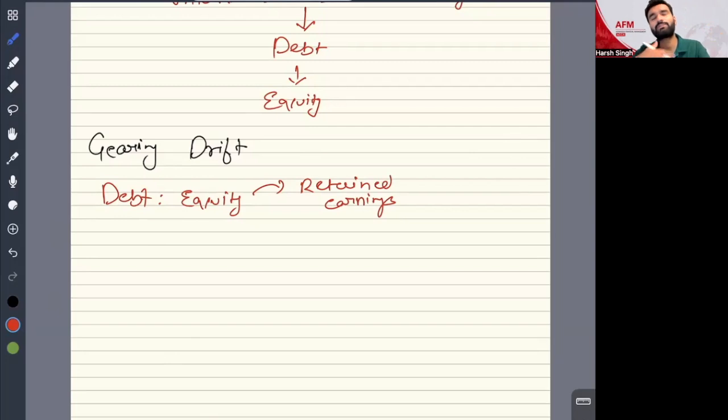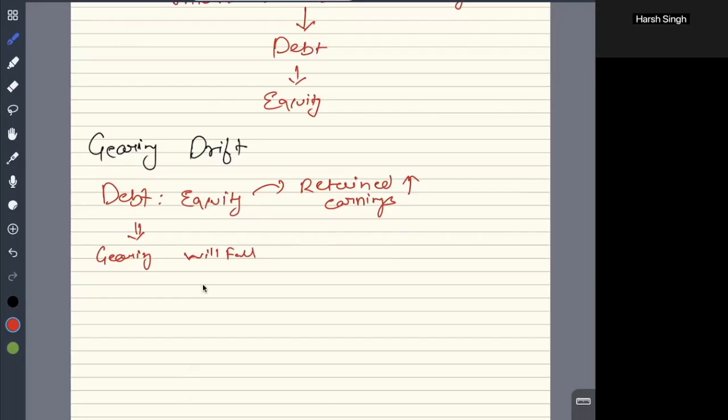But because your company will make profits, your retained earnings will go up. Now, because your retained earnings will go up, your gearing will fall. But then there is a topic of signaling, which is not tested, but actually whenever you raise finance,